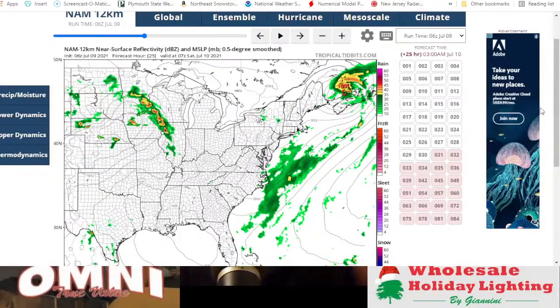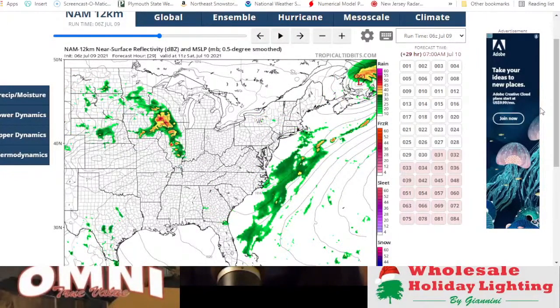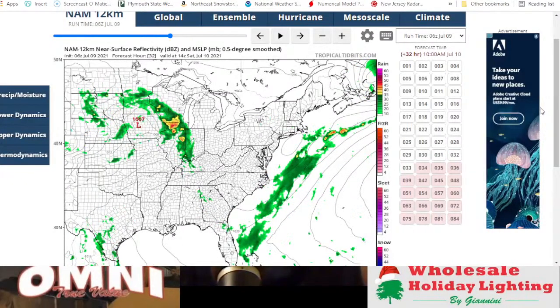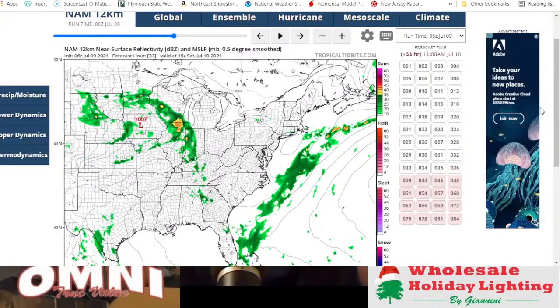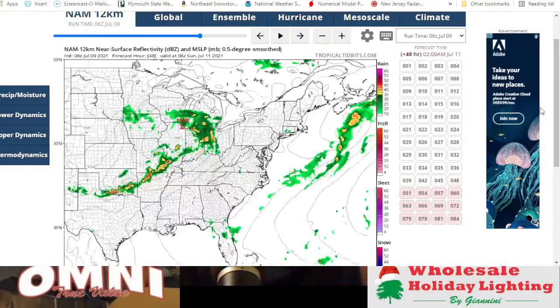Finally, the frontal boundary, such as it is, is going to move on through. But behind this front, the air is not what I would call dry. It is actually quite moist. So we are going to see humidity levels remain high over the weekend. Temperatures will be a little bit subdued. We'll still be into the 80s, but I don't think we'll see 90-degree readings until we get into early next